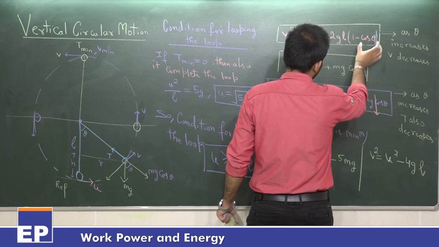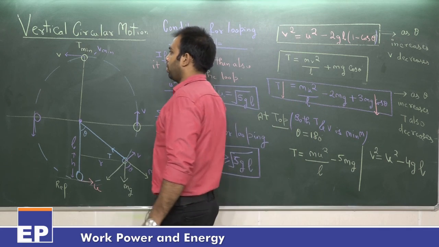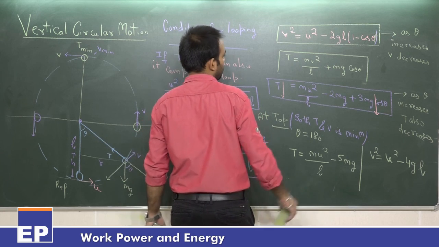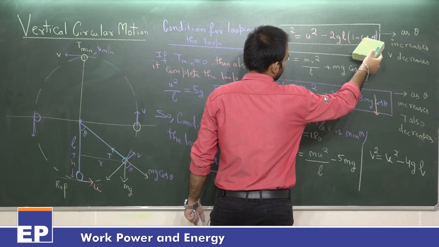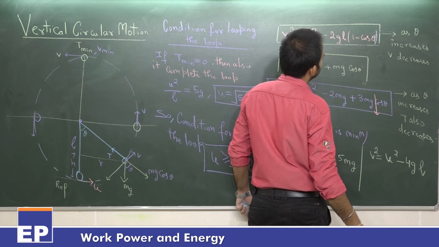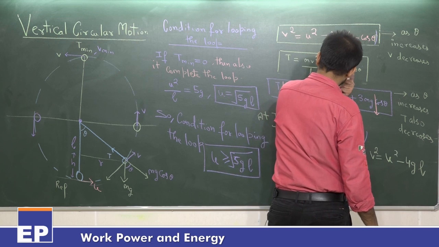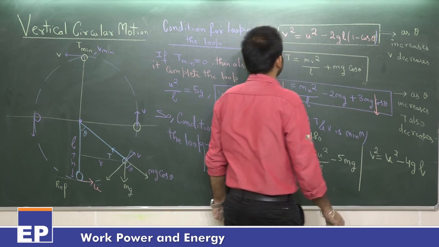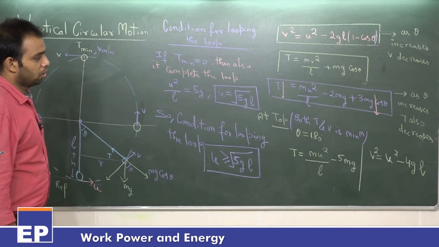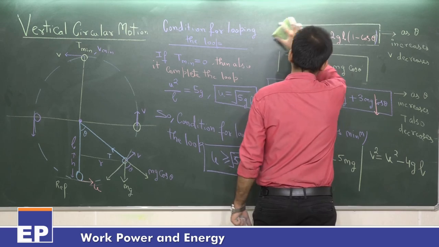This is negative quantity. If it decreases, it will have some value, so V can be 0. But if we go in the fourth quadrant, cos theta is negative, so this will increase. V square is that much. Matlab, in the first quadrant, the tension can possibly be 0. But in the fourth quadrant, here,